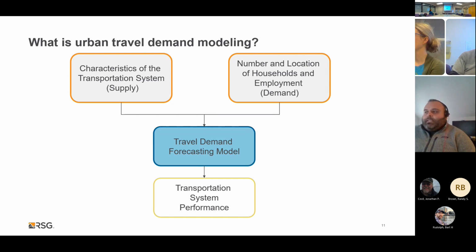There are also different techniques in travel demand modeling that can be used depending on the requirements of the analysis and what questions are to be addressed. So there are different types of tools. Vision eval is one of them, where we have sketch, regional, subarea, and corridor analyses, and strategic planning models that can forecast in different contexts and can help support the travel demand modeling context or process as well.